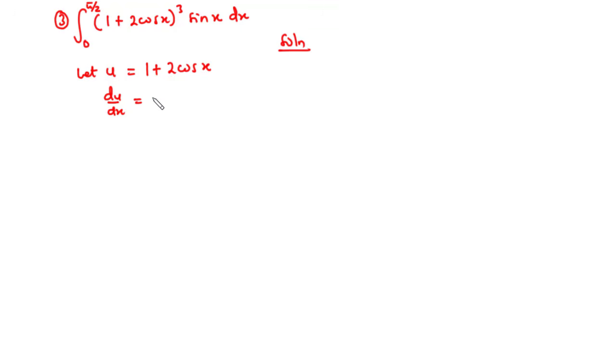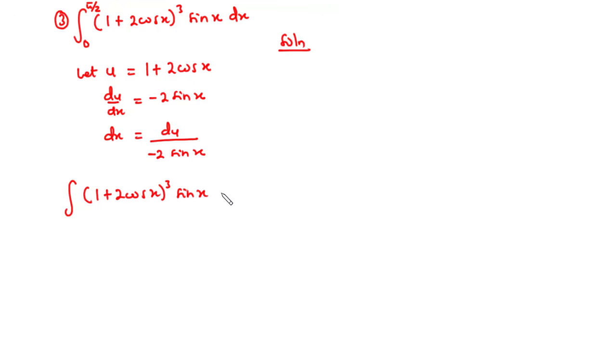So this becomes negative 2 sine x. And then for that matter, we have dx to be equal to du divided by negative 2 sine x. So let's plug in the x and then u into this integral. So we have the integral of (1 plus 2 cos x) cubed times sine x dx from 0 to pi on 2 to be equal to